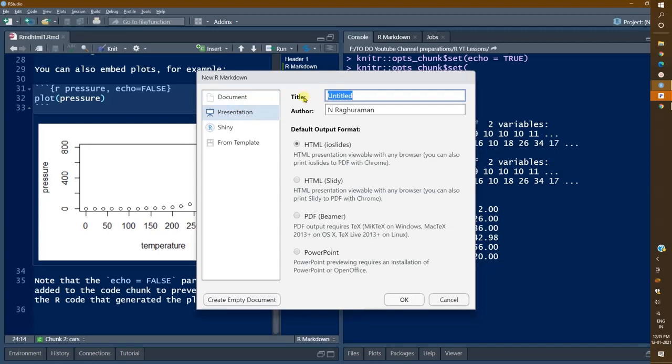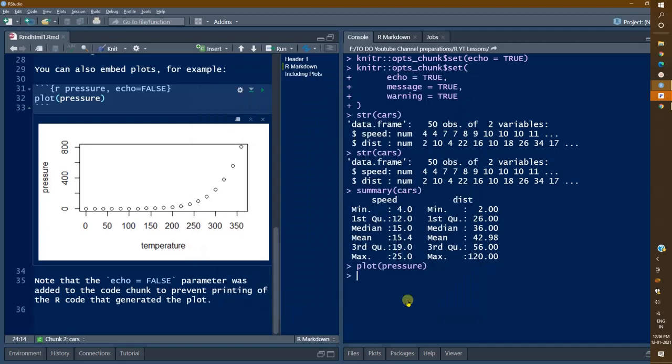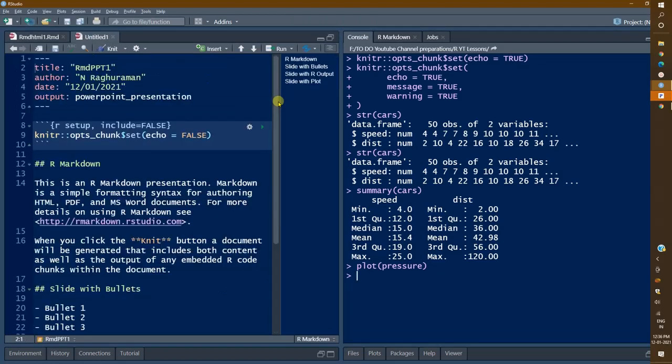So here I will say RMD PPT1, and this can be created in 4 different forms. So let me use PowerPoint and I will say OK. So default data will be inserted and you will get a document created by R, which will ultimately be converted into a PowerPoint.